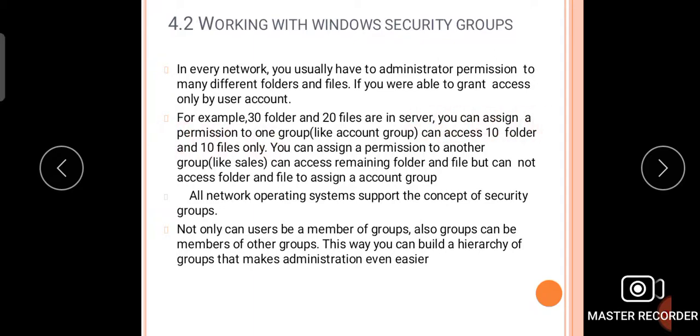You can assign permission to another group, like sales, which can access the remaining folders and files, but can't access the folders and files assigned to the accounts group.